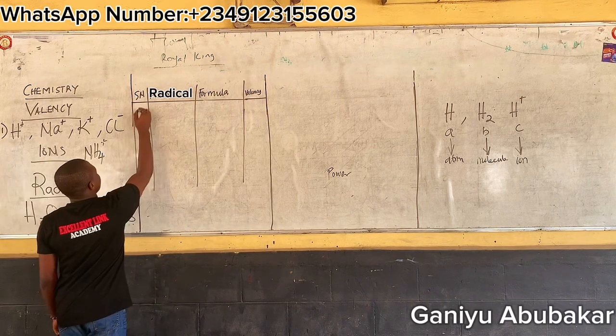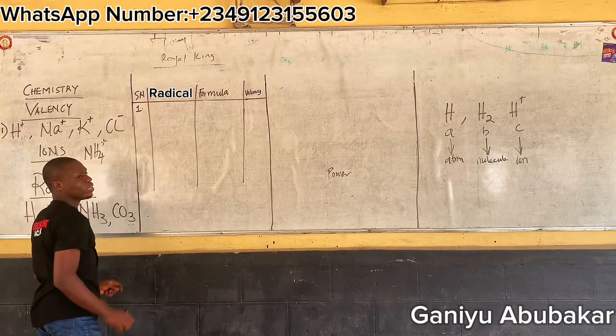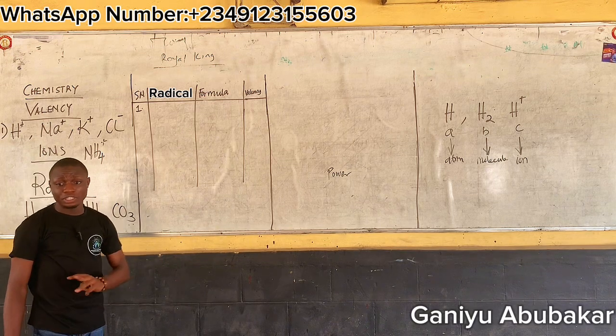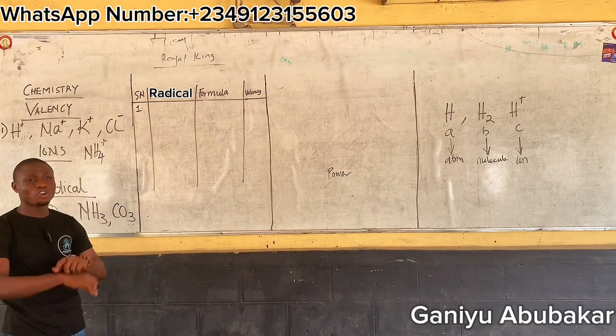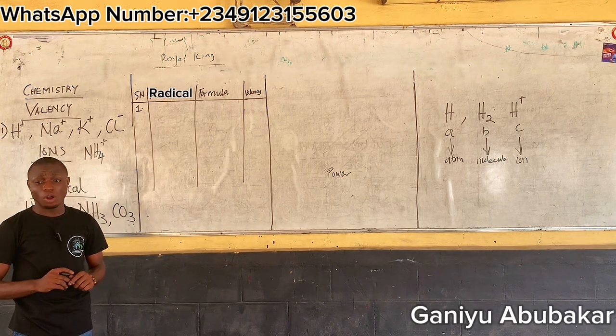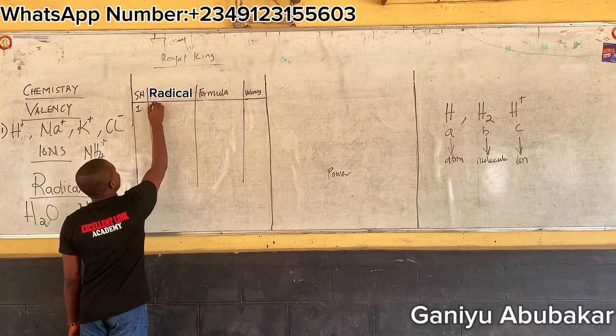Number 1, these are very, very important. They come out very well in JAMB. So instead of giving you all of them, let me just give you the most important ones that come out. Number 1, let's start with